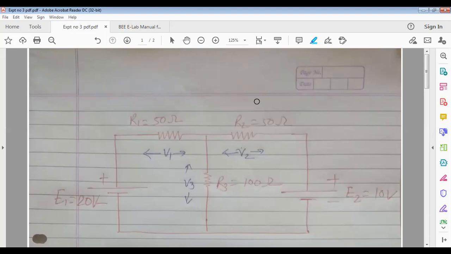Now for 1 and 2 also, the same sheet I'll share. I'll post on the group that you complete the work. Means written. Everything should be handwritten. Got it? Okay. Scan it and then upload it. 3 attachments. First one for experiment number 1, second one for experiment number 2, and the third one for experiment number 3, in one common Google form you have to attach. By tomorrow I'll post the link. And what you have to do in 1 and 2, that I will also post on the group. Clear? I will give enough time once I post.